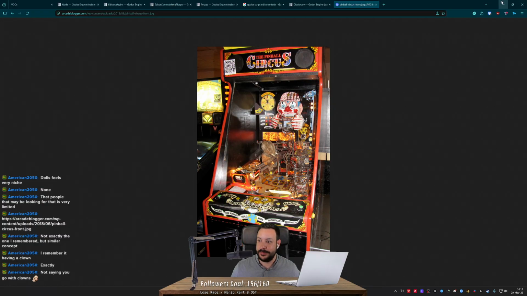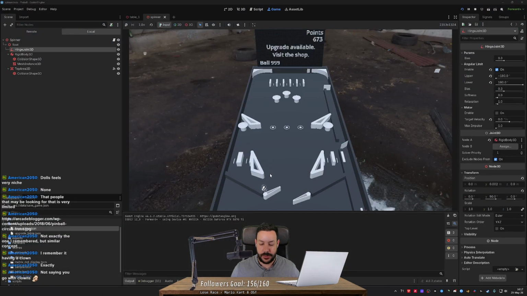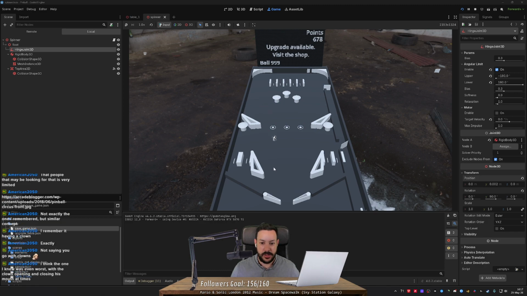I don't know. I really enjoy... okay, let's not call it doll. Let's call it a toy. I really enjoy the idea of having a character to which this pinball table was built for, like a brand. So the first pinball table is supposed to be like an advertisement for a doll or a game or